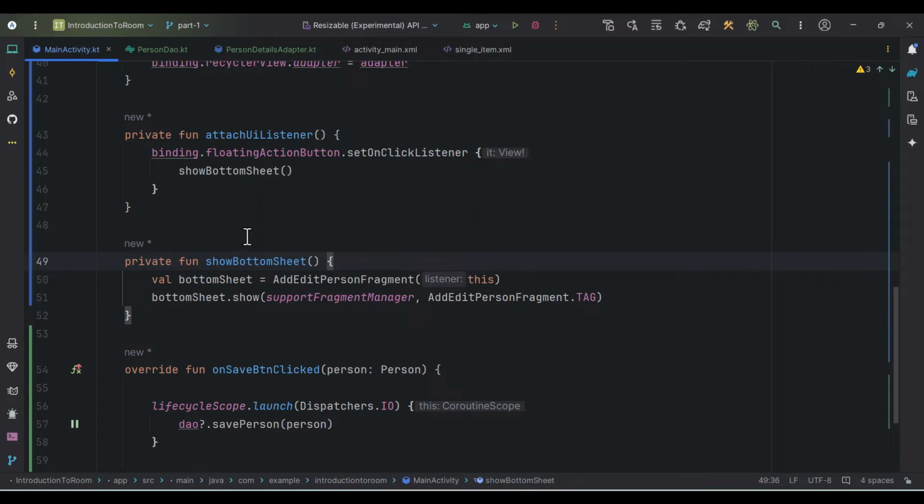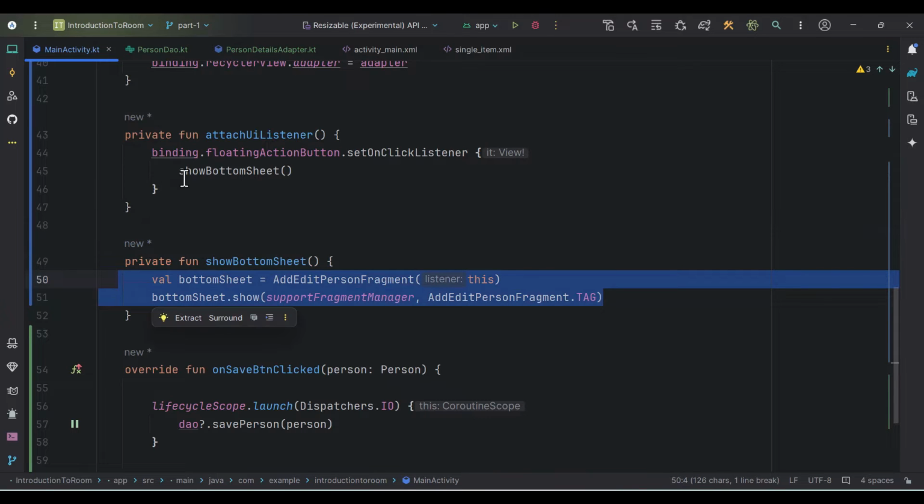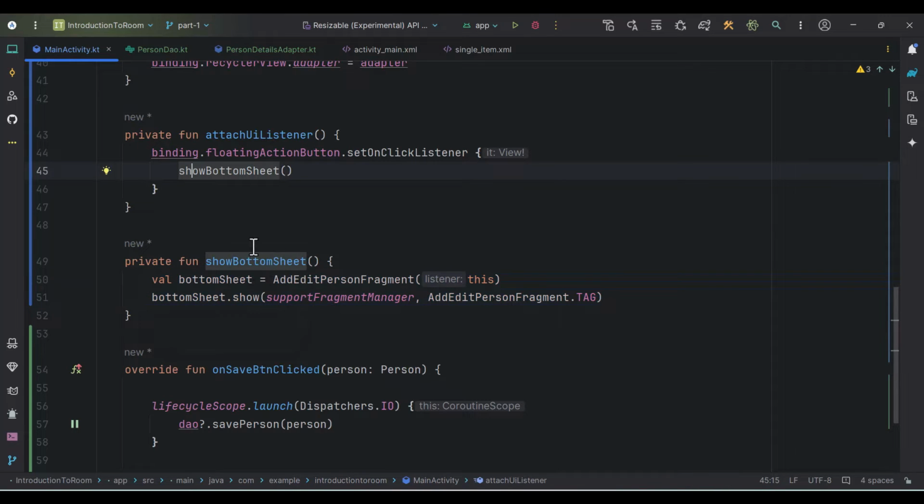But also imagine if we need this code in a different scenario. One case is when we want to add the data or save the data, we want to display this bottom sheet, right? But there can be another functionality, like we want to update the data, then we also need this piece of code. So we should not write it over here, we should create a function for it so we can reuse that code. So yeah,